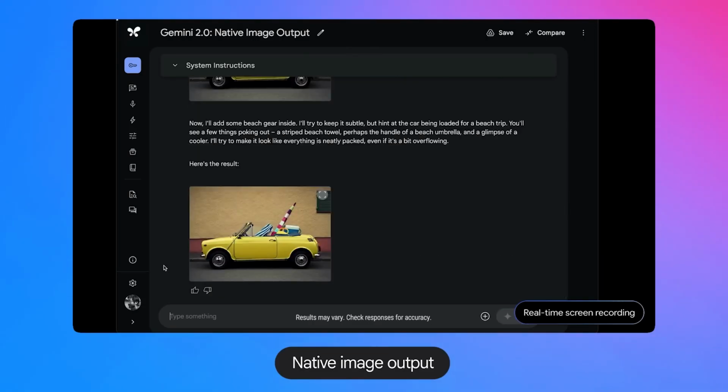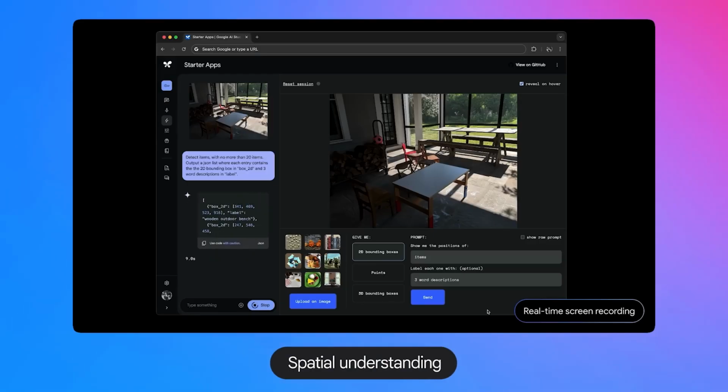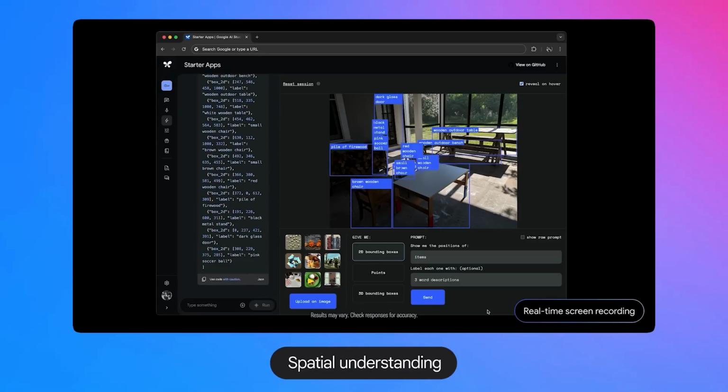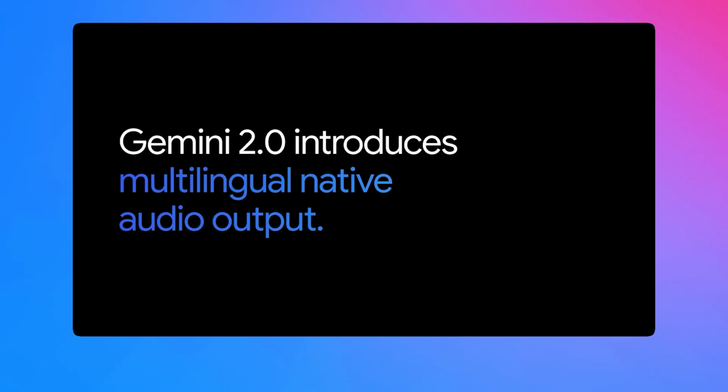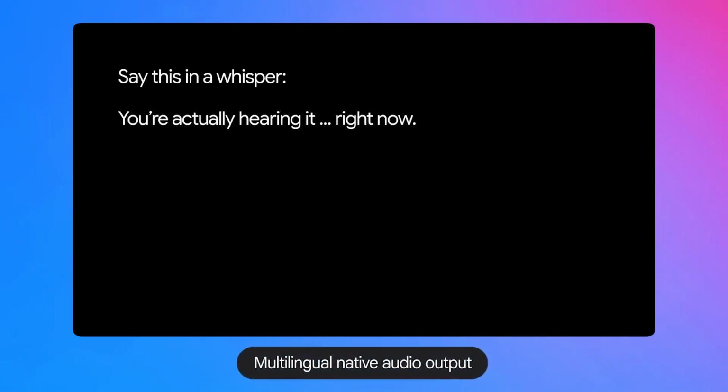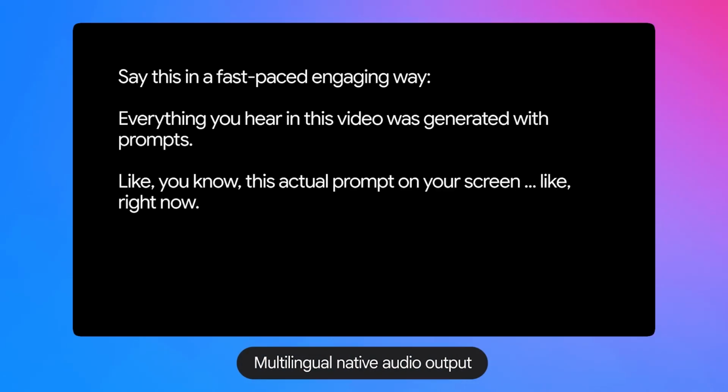The model's speed and efficiency, powered by the new Flash model, make it ideal for tasks like coding assistance, real-time feedback, and using Google Search for the most accurate and up-to-date information. Whether you're a developer, student, or AI enthusiast, Gemini 2.0 offers a versatile toolset, pushing the boundaries of what's possible